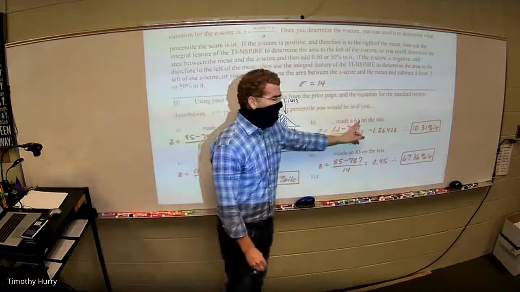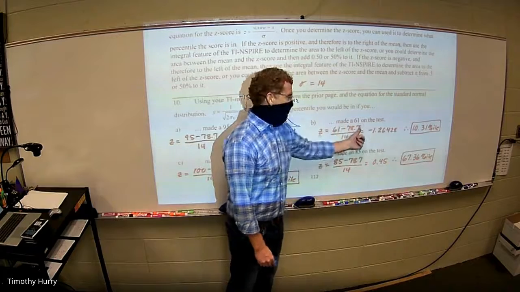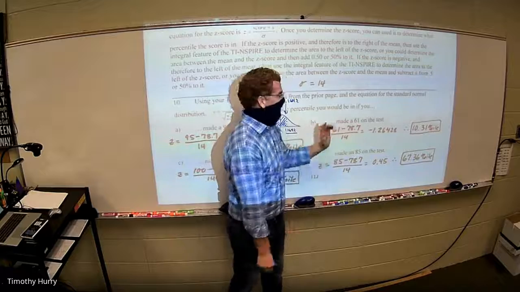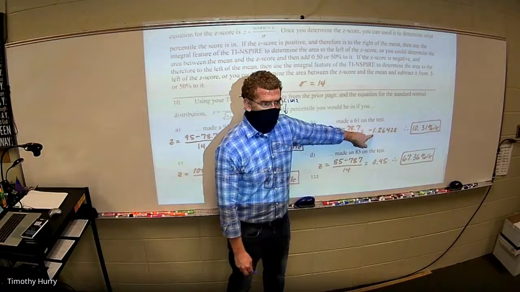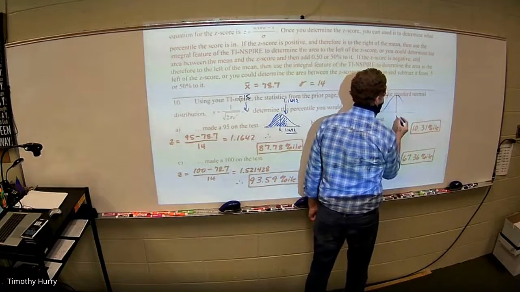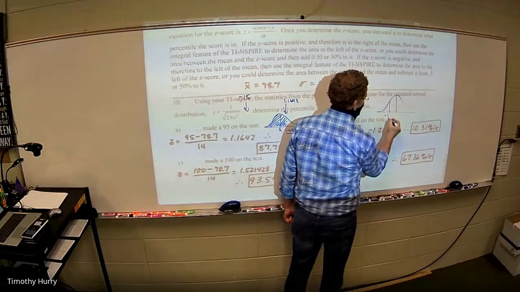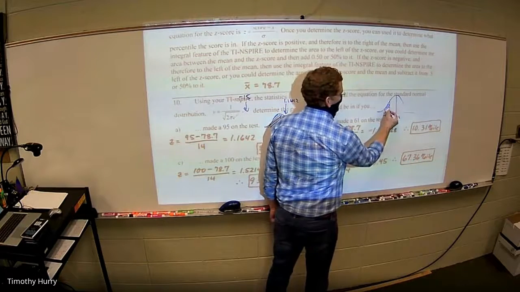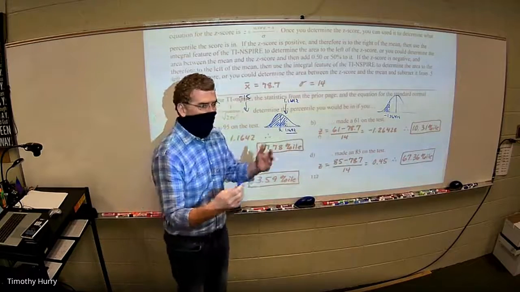Same thing over here. If I made a 61, don't switch these numbers up. If the 61 is lower than the mean, then you know it landed to the left. You've got to make sure you still do score minus average over standard deviation so it shows up negative. But again, when I'm looking at my curve on my calculator, there's the average right there, so -1.26 is somewhere over here. I want that area. I want to know what percent I am better than. So I'm going to again go